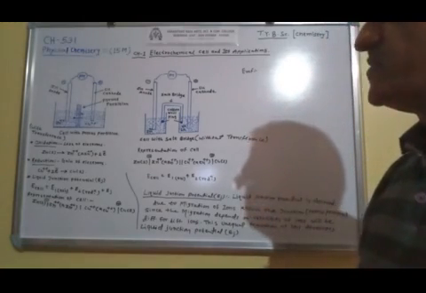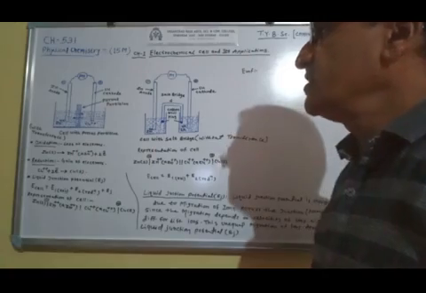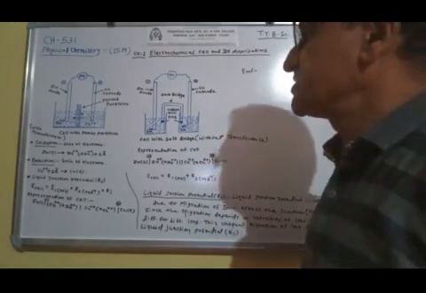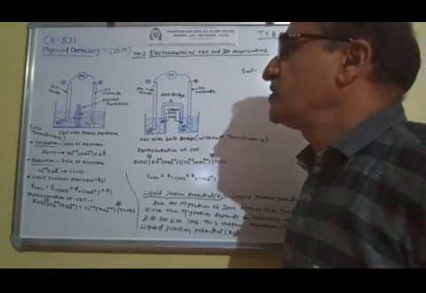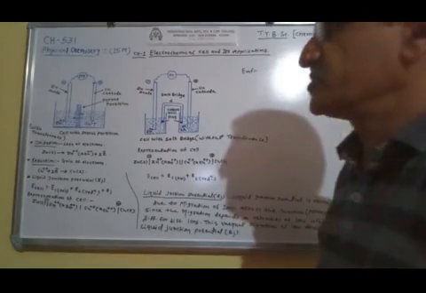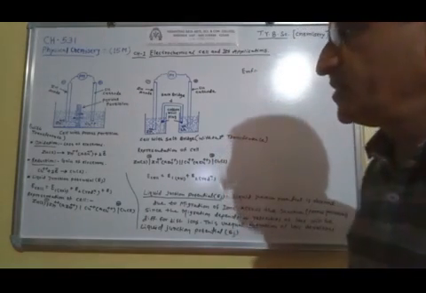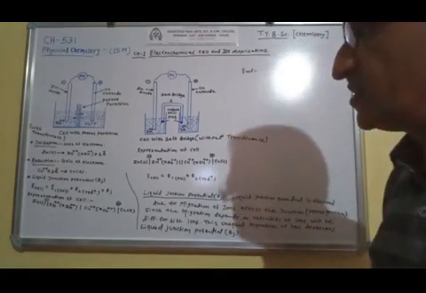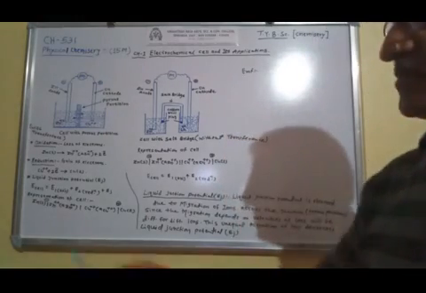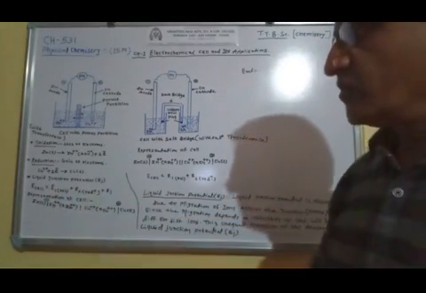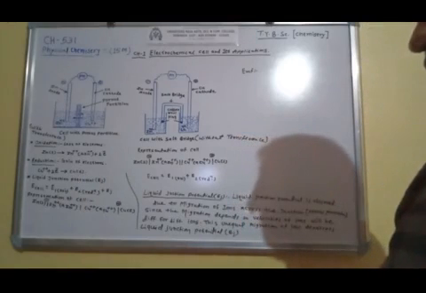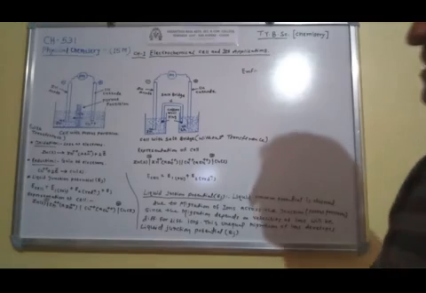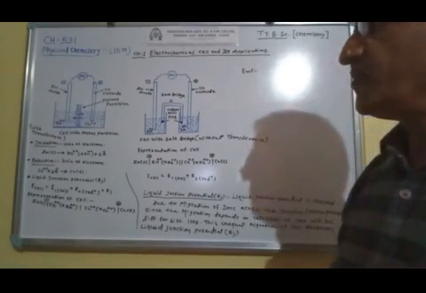On the other hand, the second electrode, that is the copper electrode, shows reduction. Here the opposite reaction of oxidation takes place. The electrons are added and there is gain of electrons. Gain of electrons is nothing but reduction. Here the reaction is copper plus 2 electrons forming copper. So in this cell oxidation takes place at the zinc electrode and reduction takes place at the copper electrode.